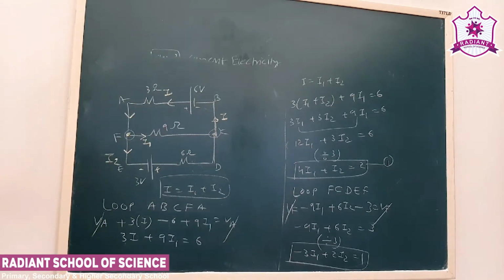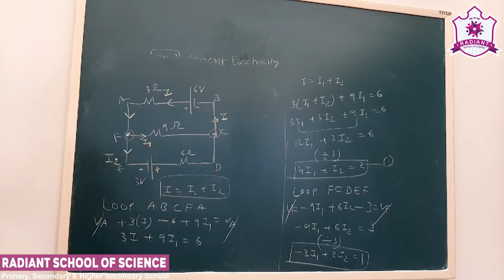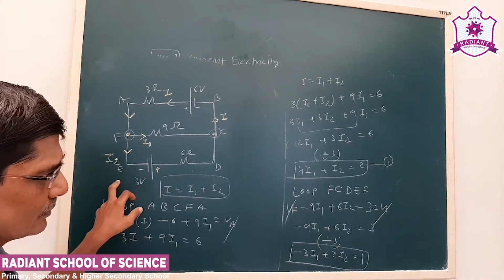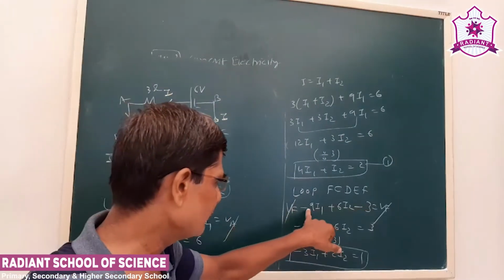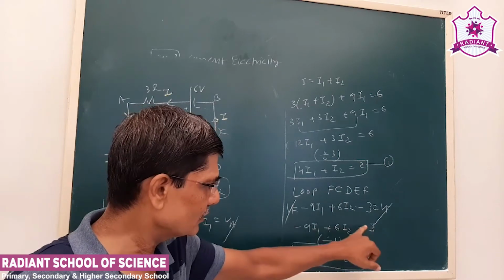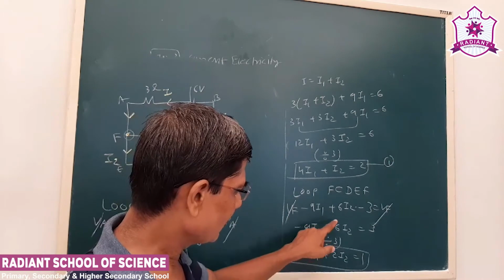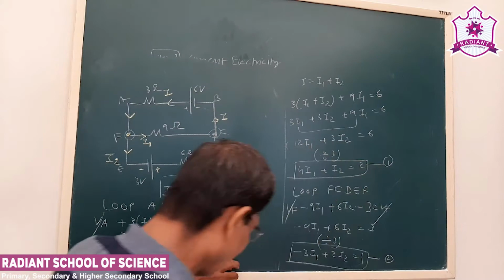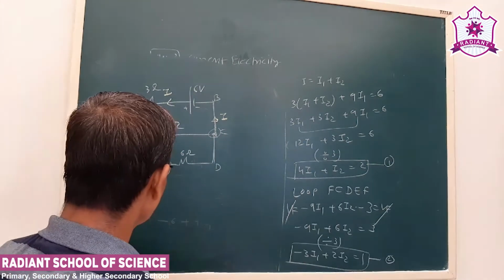Okay, let us see again. FC, we are moving in the direction of the current, that will be minus 9I1. D to E, we are moving in the opposite direction of the current, that will be plus 6I2, plus 2 minus of the battery, minus 3 is equal to VF. Now VF will get cancelled. Minus 9I1 plus 6I2 is 3. So we can again divide by 3, so we get minus 3I1 plus 2I2 is 1. So as I said, we should have two equations, and we have obtained them. Now we have to find I1 and I2, so we can simplify.